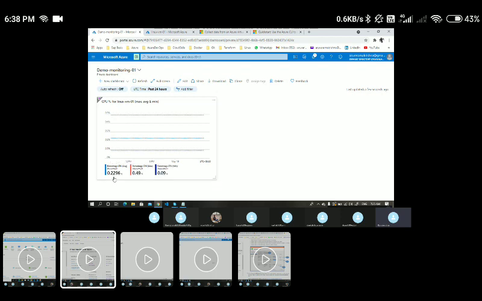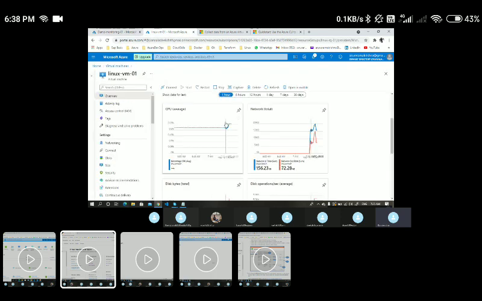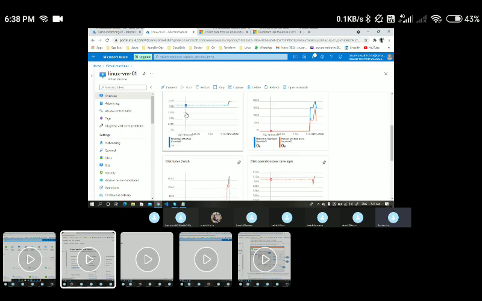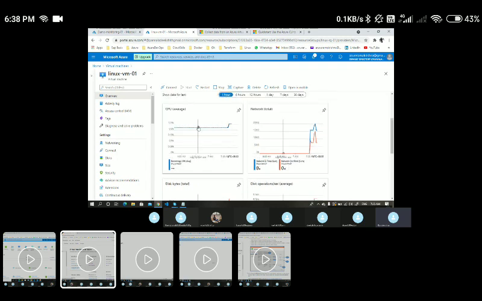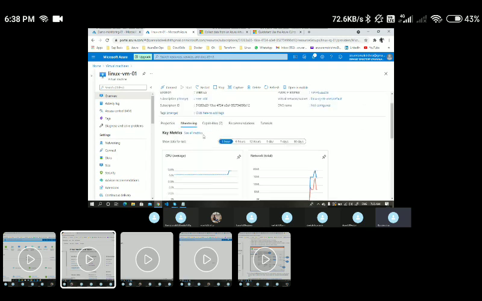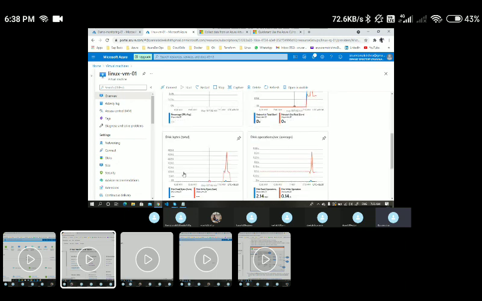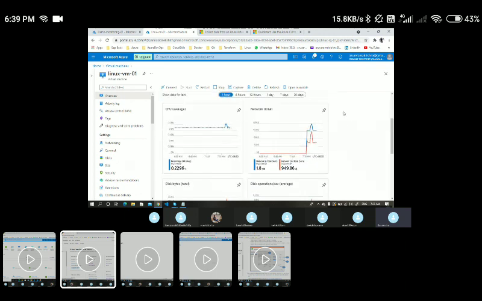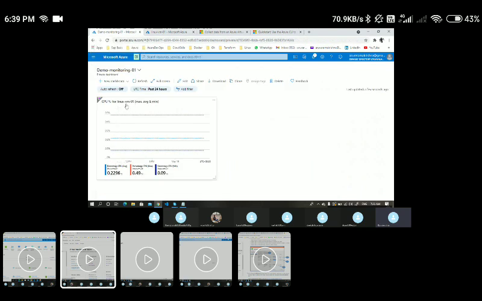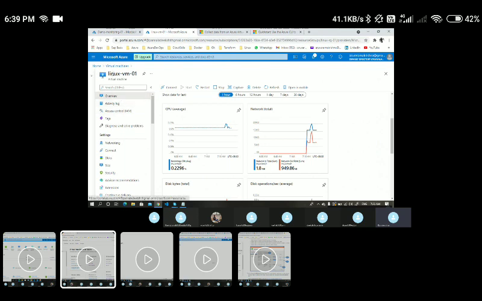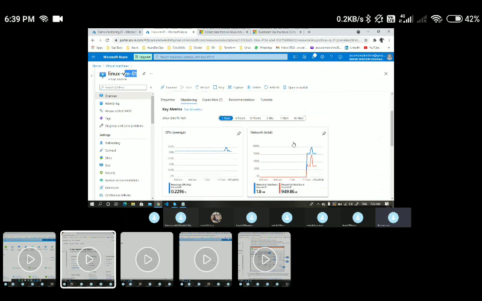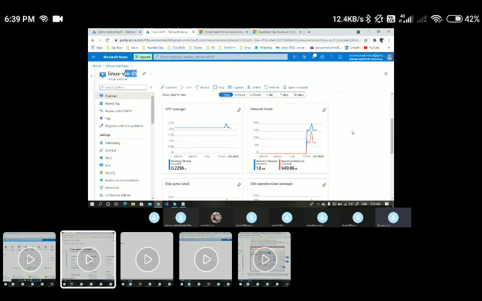Similarly, I'll go back to my VM. These are the same tiles, right? I don't want to go to Azure Monitor to capture each and every one. From here also, these metrics I wanted to monitor from the dashboard itself, so I will simply pin them to the dashboard. The first one I have shown you is how I can take this particular metric directly by using Azure Monitor. And here, on a VM blade itself, we have some default monitoring tabs. Let's quickly see how we can pin these tabs and monitor them.